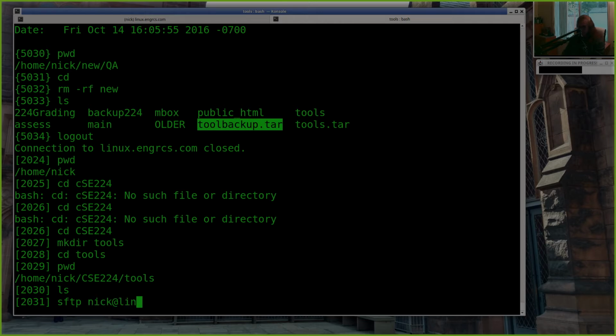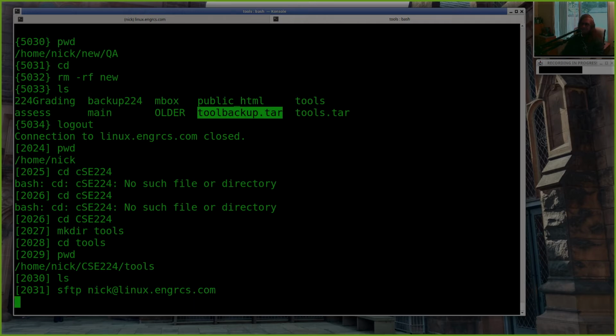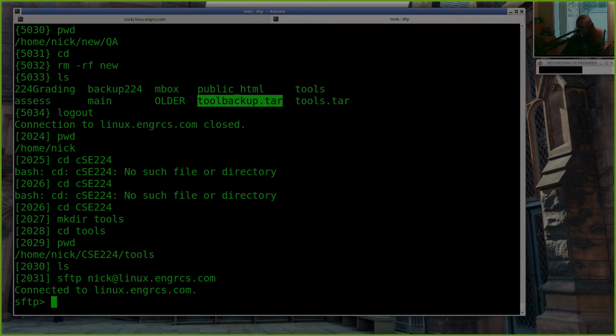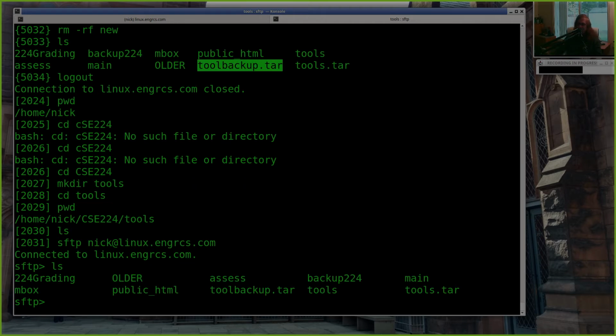Put in your username at the host, and it'll ask you for a password unless you have authentication set up. And now I can run commands on this remote machine, linuxengrcs.com, from this utility. So if I say ls, it shows me the files in my home directory on this machine.